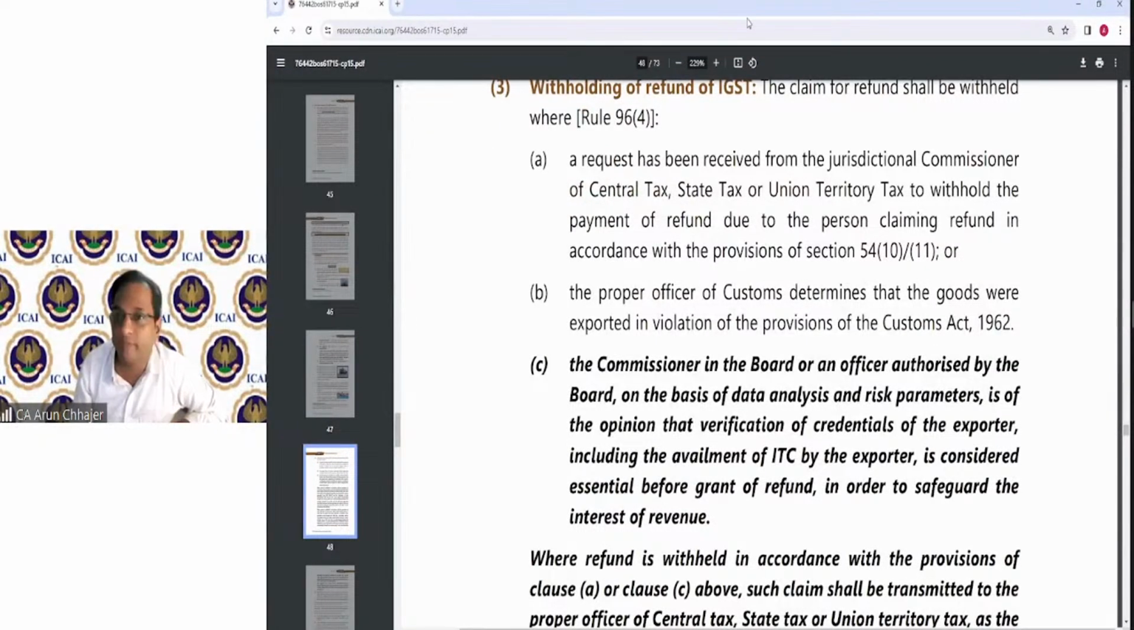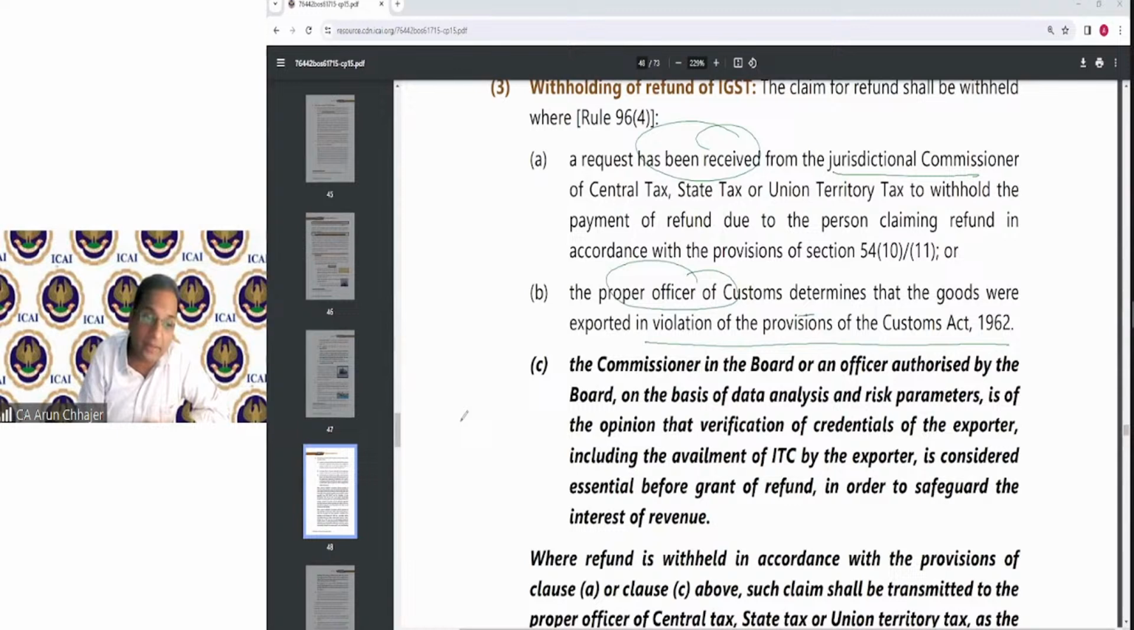कब withhold, means when the department will not issue the refund. It says that if request has been received from other commissioner, goods, if the proper officer of the custom determines that violation of the provision of the custom has been exported, but in the violation of the custom, refund withhold हो सकता है. Commissioner,